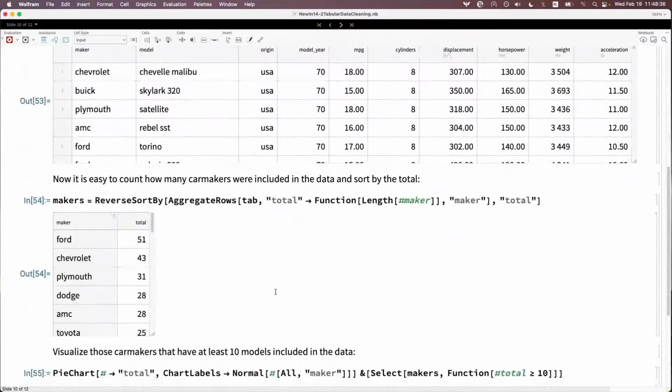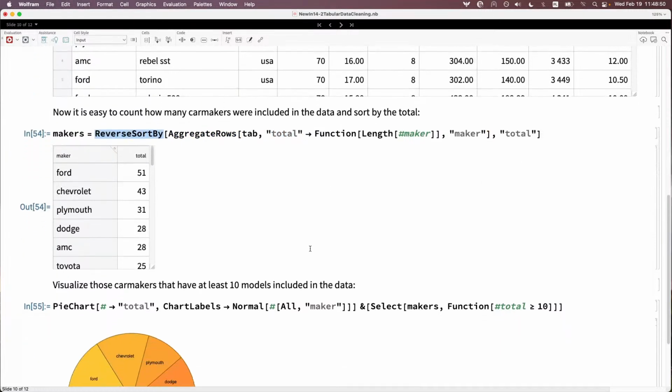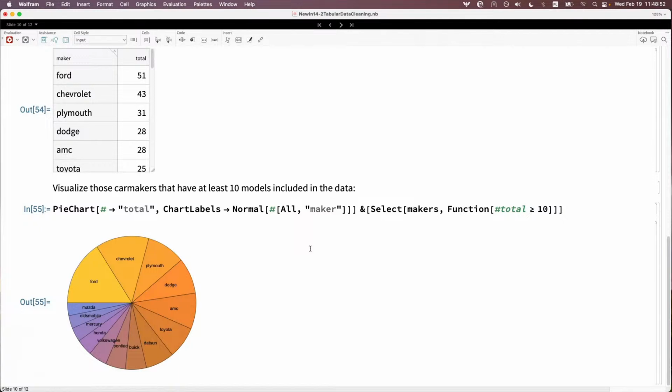It's easy to then count how many car makers were included in the data. This is using aggregate rows. We create the new column total, and then reverse sort by this new column. Then it's easy to visualize all the car makers that have at least 10 models included in the data. So there will be a pie chart on the selection of the